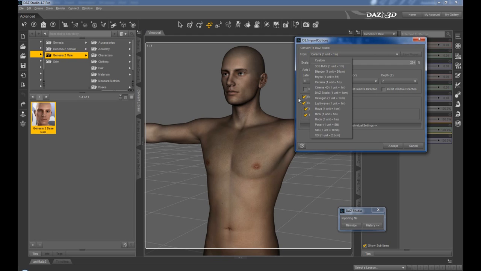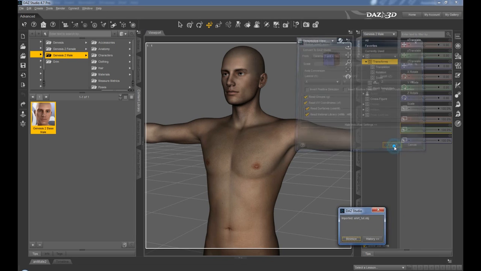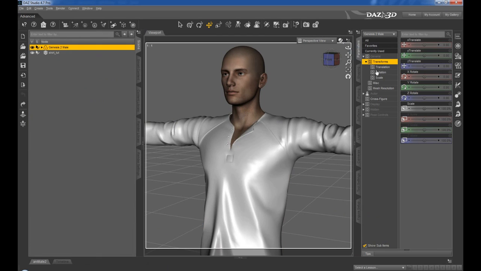Even though I used DAZ Studio as my export, I'm pretty sure that since it was in Carrara, what I need to do is, yes, 1 unit equals 1 inch. So that's what I'm going to use to import it again, and there it is. What we need to do is select the shirt tutorial,